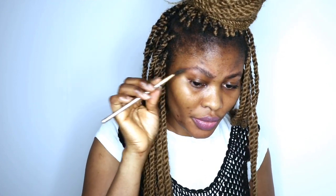If you do not know how to use a razor blade to shape your brows, please don't do it, so that you don't end up cutting yourself, you know. So this is it. I think that one came out really better than this one. This one was a bit irritating, and that one was okay, and at the end of the day it's still just the one that came out really nice. So I hope